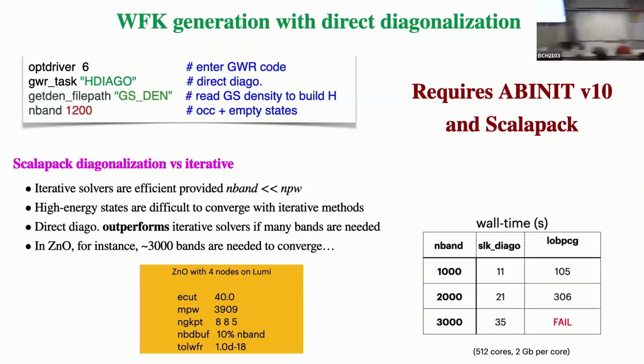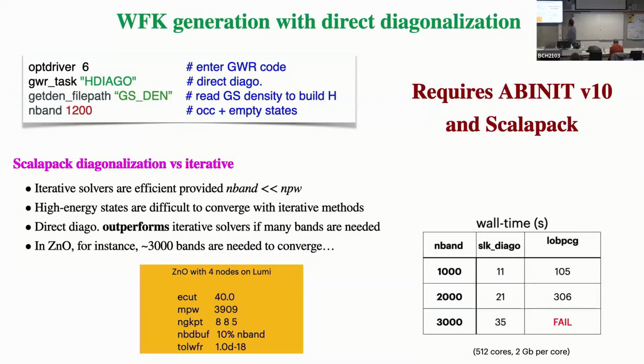Okay, this is a new feature that is available in ABINIT version 10. In a nutshell, you don't use these iterative eigenvalue solvers in which you have to apply the Hamiltonian many times. You just build the Hamiltonian in Fourier space, and then you use ScaLAPACK to perform a direct diagonalization. And this is way more efficient when you have to compute a lot of states, and also has much better